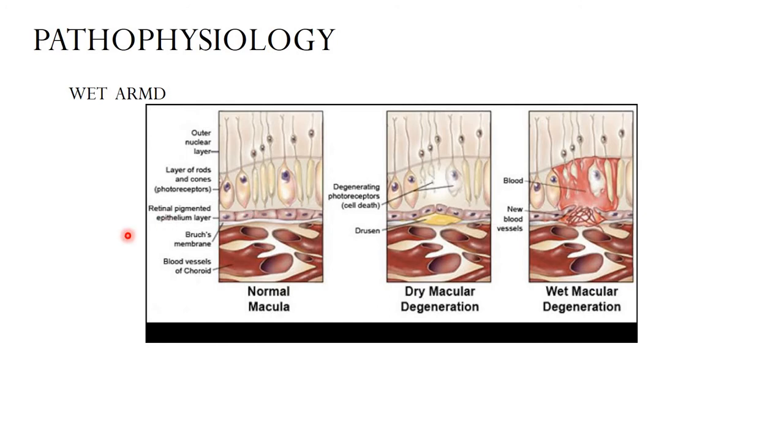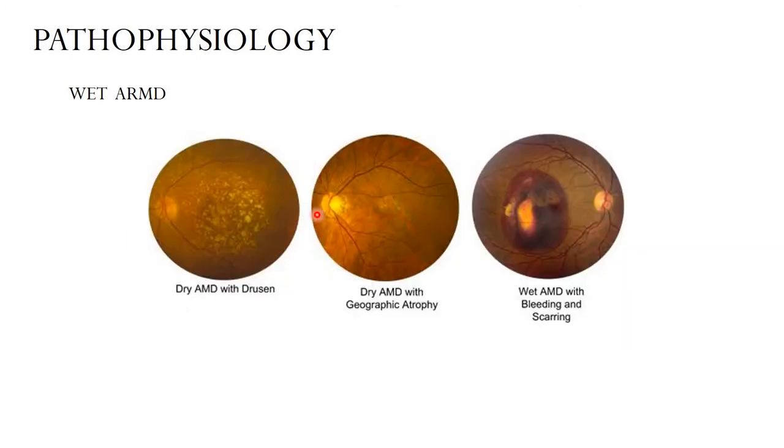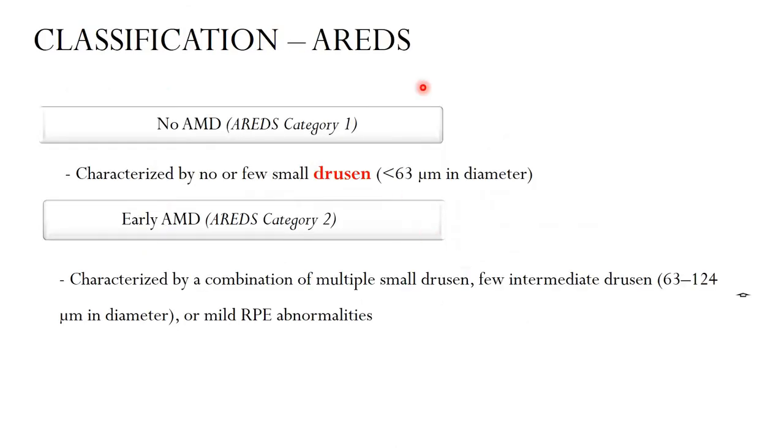And this is how a normal macula looks like. Okay, so this is how we see it in a fundus camera, where it is fundus photography. So this is how a dry AMD with drusens looks like, and then this is with geographical atrophy. Then here is a wet AMD with hemorrhage. Okay, so again coming to the classification,